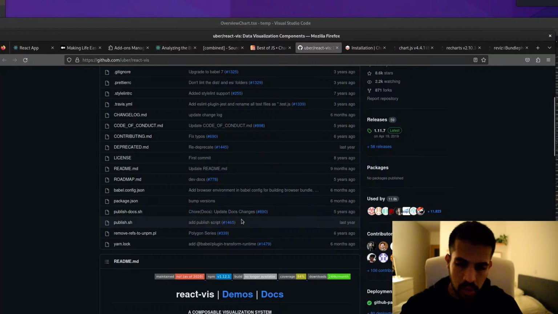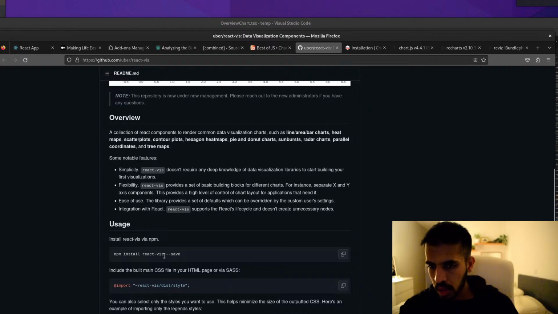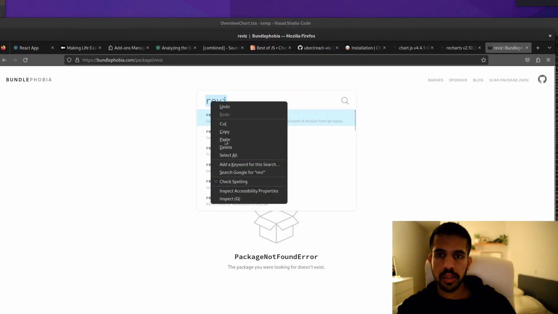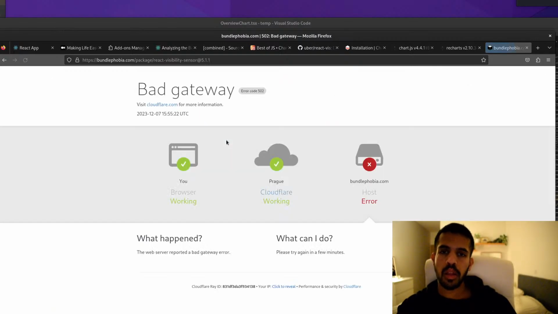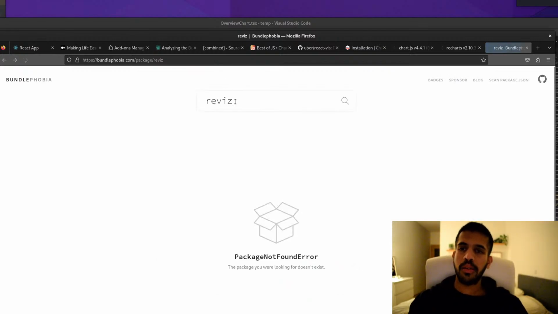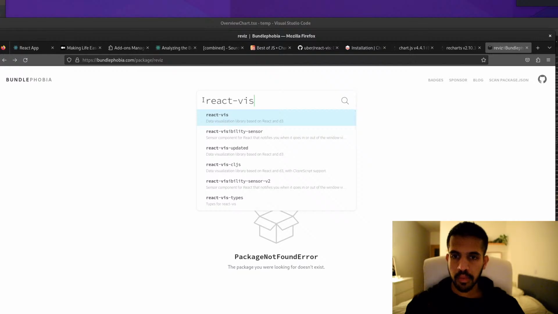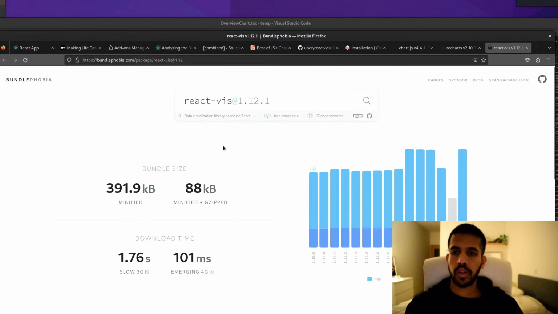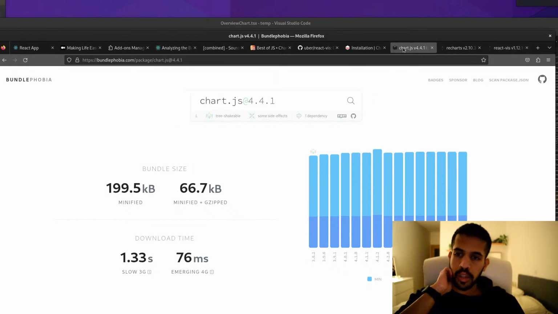Or is it Uber Reviz? React Viz. Not React Visibility Sensor. React Viz. There we go. 300. So it seems like chart.js is the lightest option.